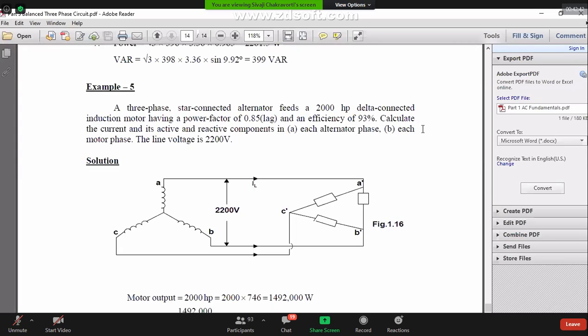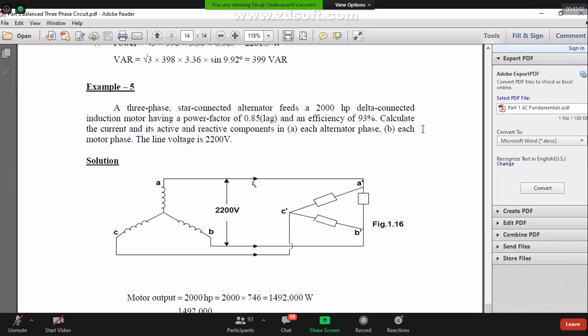So there are two concepts here. One is how impedances are connected in parallel. There is quite a difference from single phase to three phase, and how we solve by using this star and delta conversion. I will explain it for unbalanced system later.